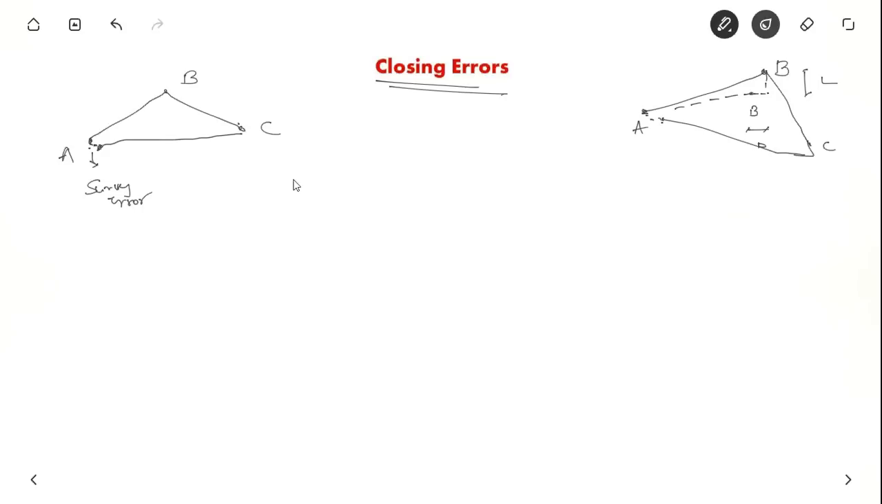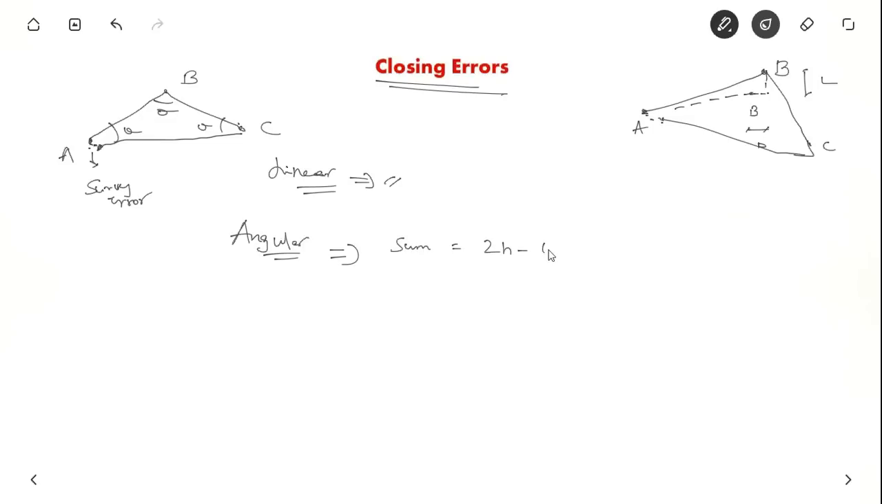So how to check closing error? If you have made a wrong linear measurement, you have to redo it again. That's the only way. But when you have made a mistake in calculating an angle, you can easily check, because the sum of the internal angles will be equal to